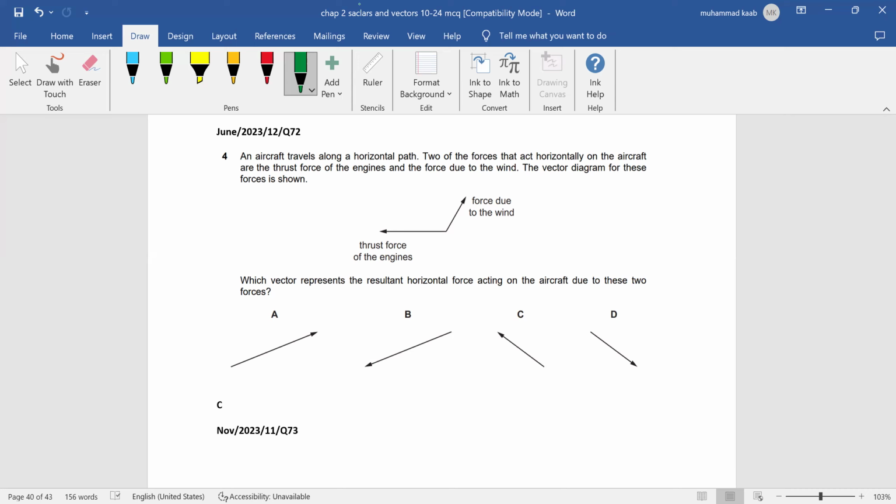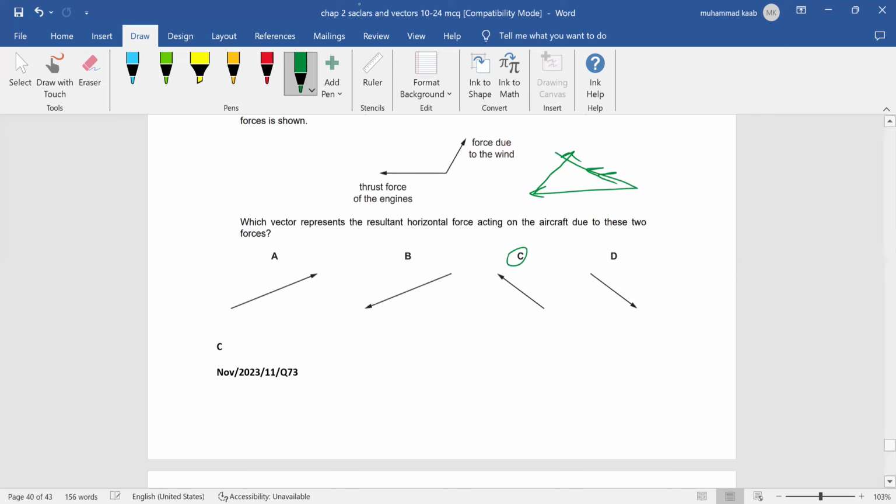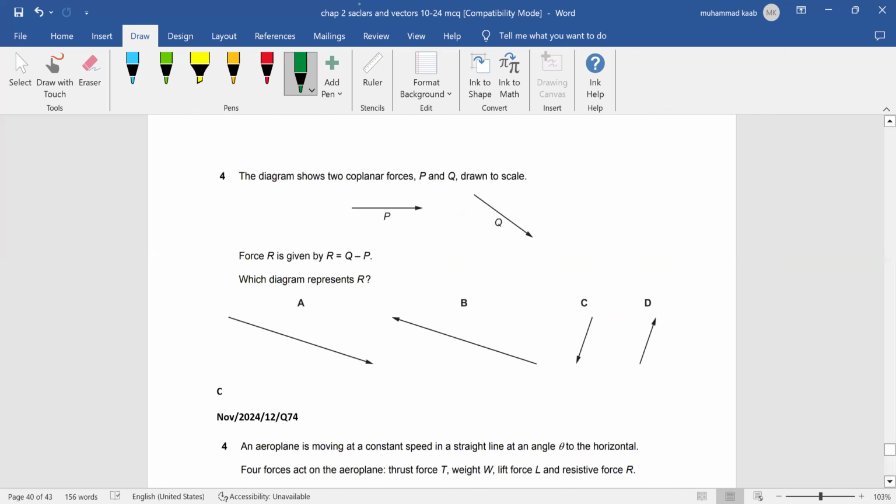C. और आपने सॉल्व किया यूजिंग वेक्टर ट्राइंगल। इफ यू ड्रू दिस, इट विल बी जस्ट लाइक दिस, ओके। फाइन, आ जाओ इरफान, योर टर्न।